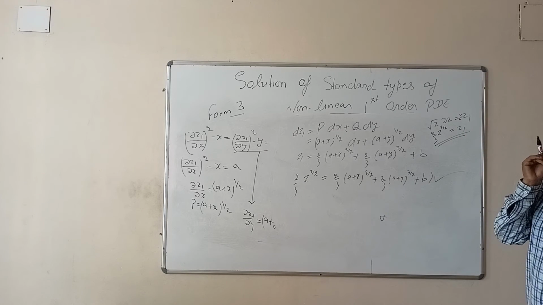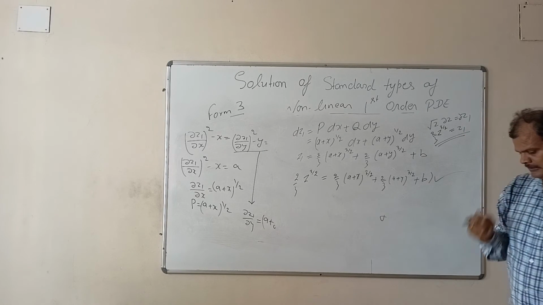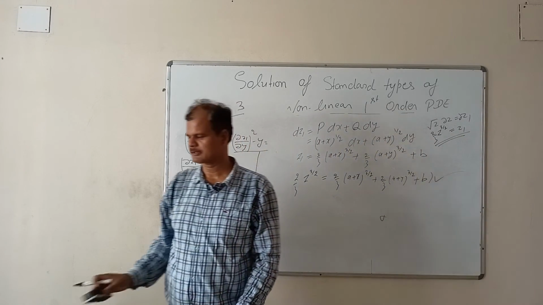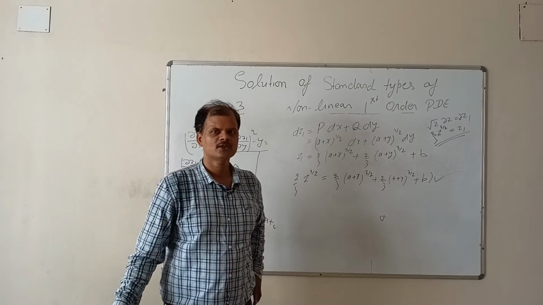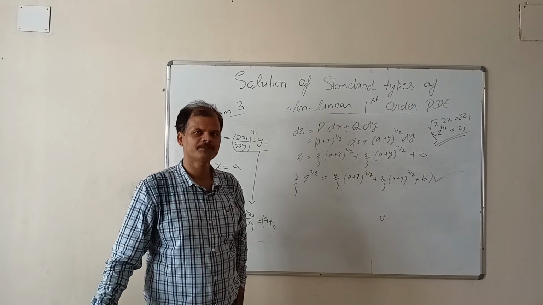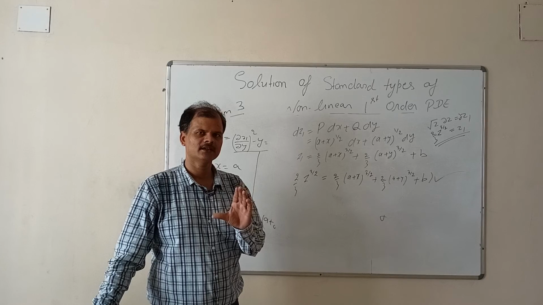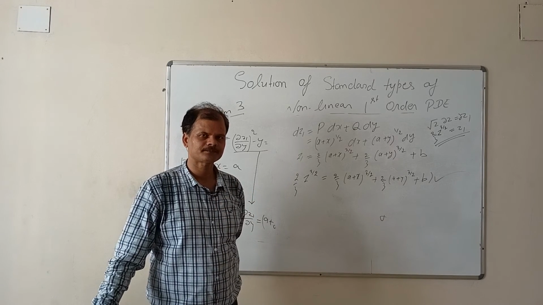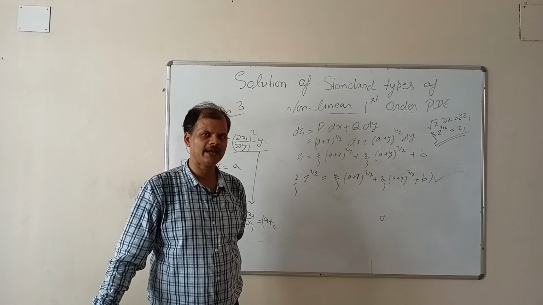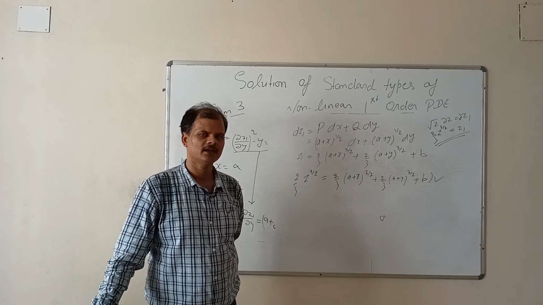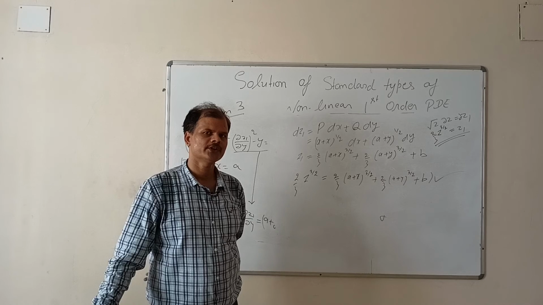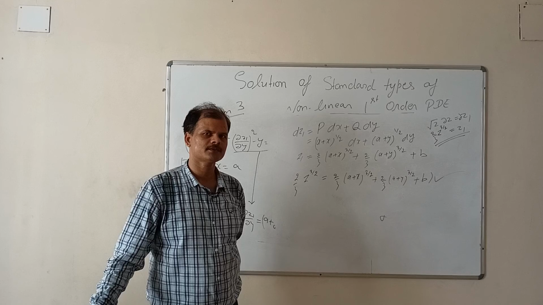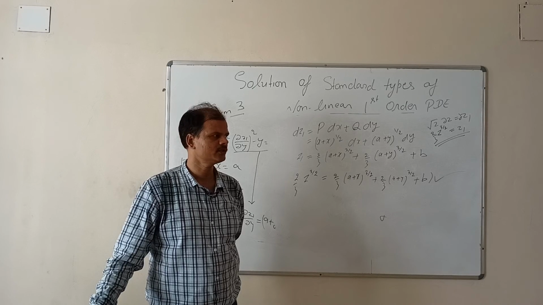Fine. So what have we done? Actually standard form 3 will have only p, q, x, y. So here z was extra, so we gave the substitution. So you can see forms 1, 2, 3. One directly will have the question, and another one you need to reduce to the standard form. Okay. So in practice, with a few problems, it is very easy to understand.